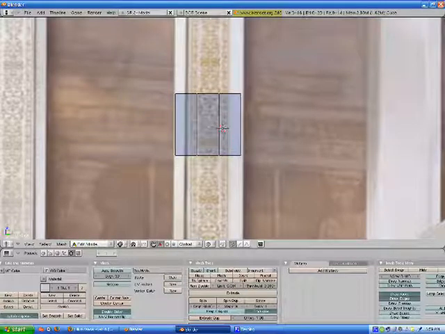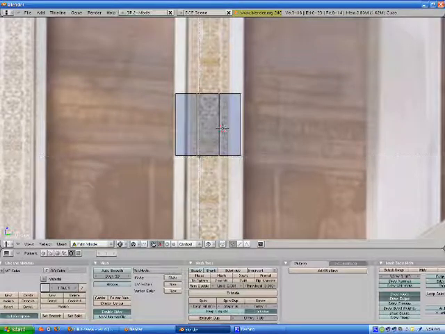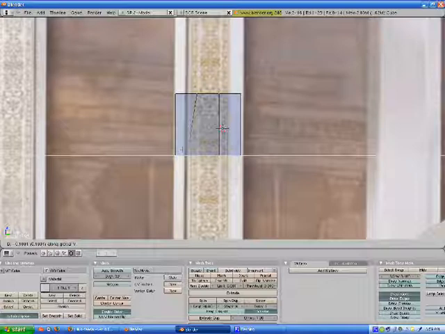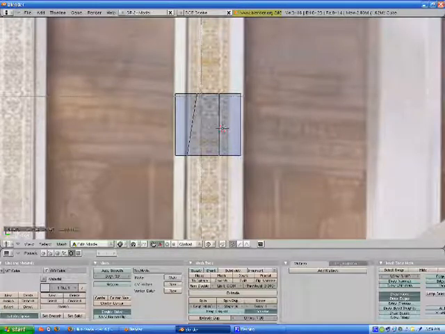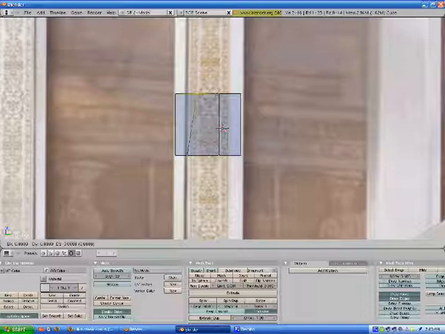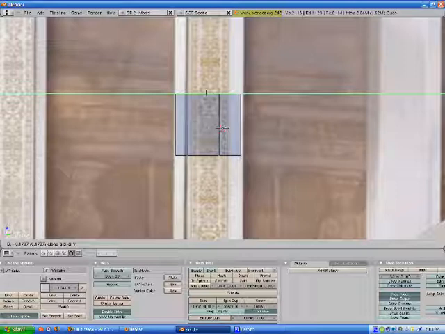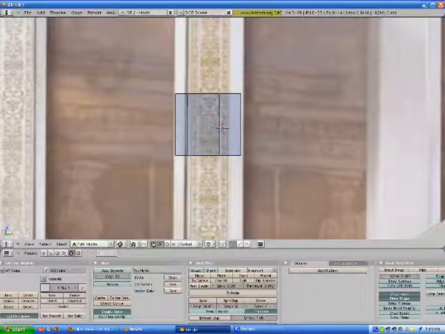Press 3 again and press B and box select these vertices here, and you can press G and then Y. The reason why we're doing this is to widen the middle section, because the flat part is a lot wider than it is here. So press A again and then B, box select here, press G and then Y. We're pressing Y to move on the Y axis, which is horizontal in this case. And click,